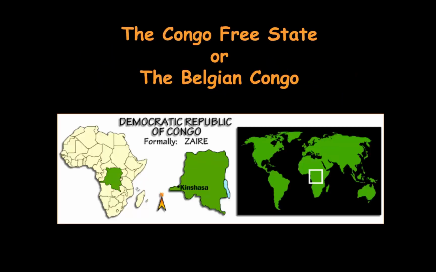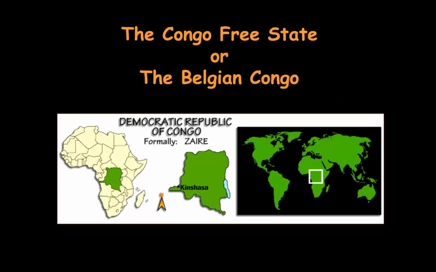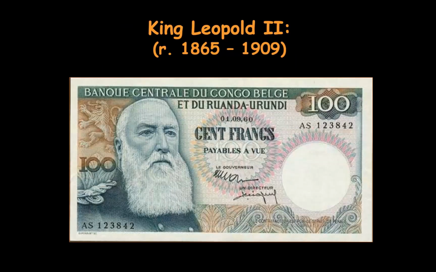That's the idea. You come over here, and one of the biggest examples of how the white man's burden is applied is in the Belgian Congo. So this is where the country of Belgium goes when they go to colonize, and the leader of Belgium at the time is King Leopold. How does King Leopold achieve this with Belgium? The Congo. Okay, so it's King Leopold II. Here's what he looks like on his money here, right? 1865 to 1909 when he actually rules.